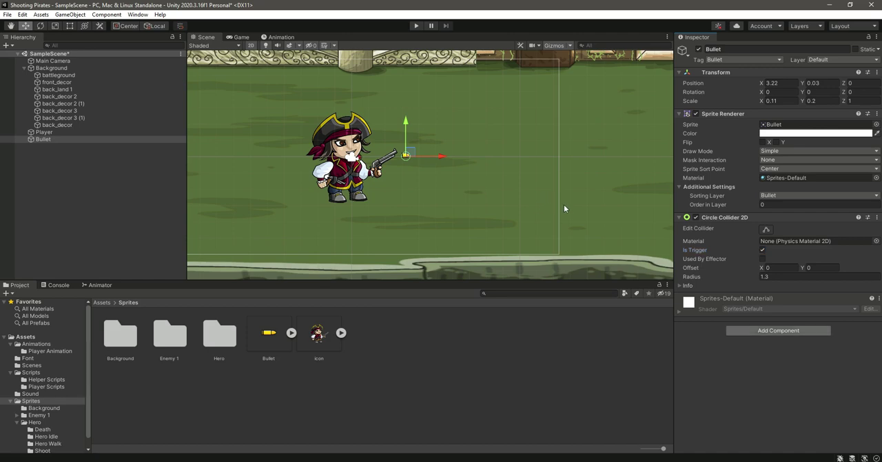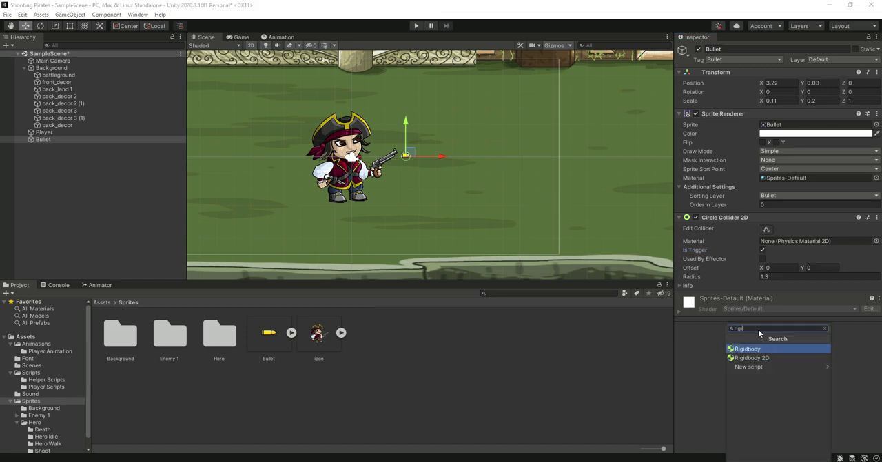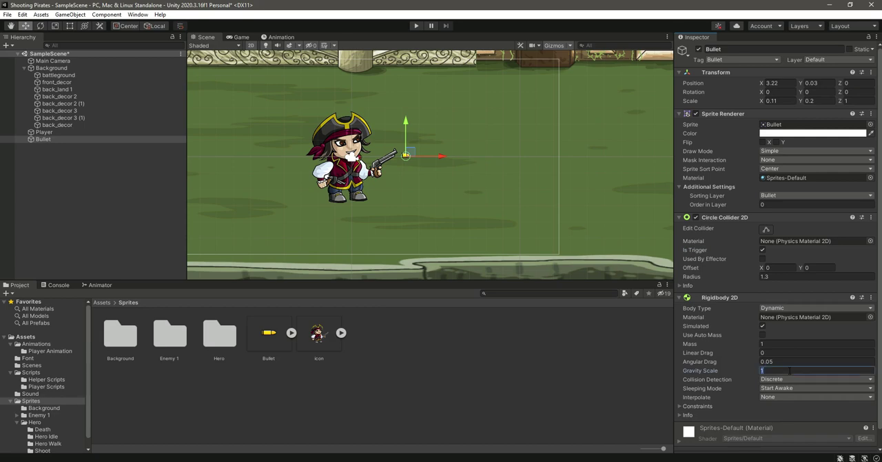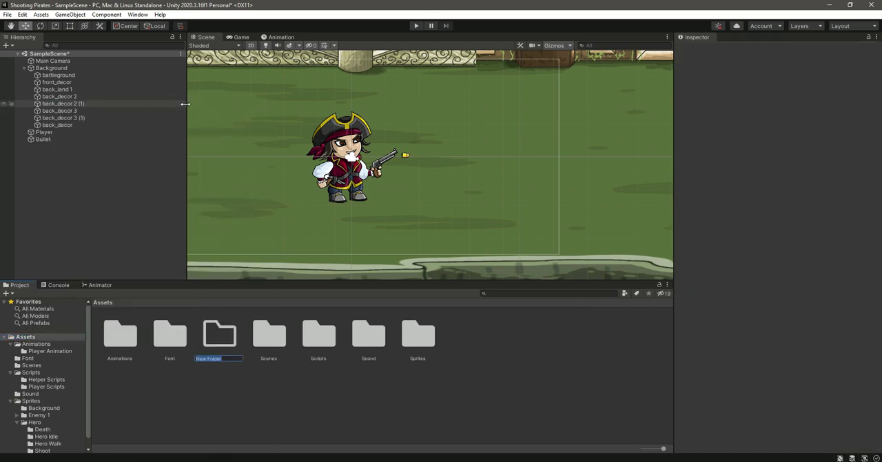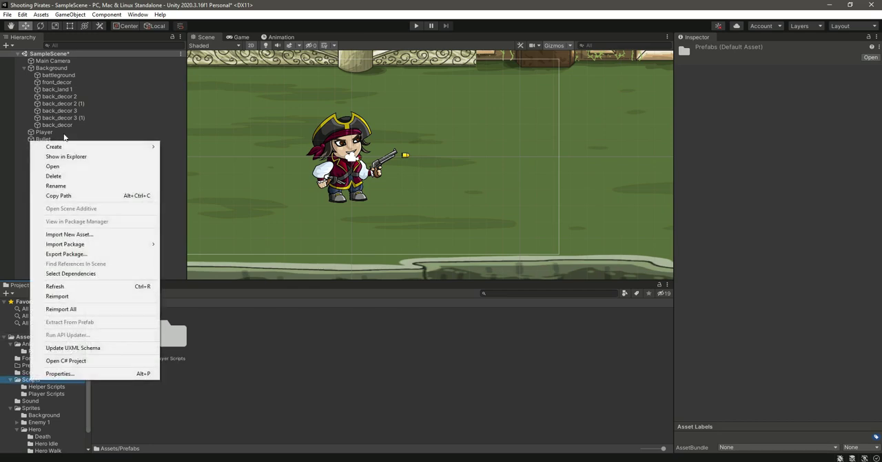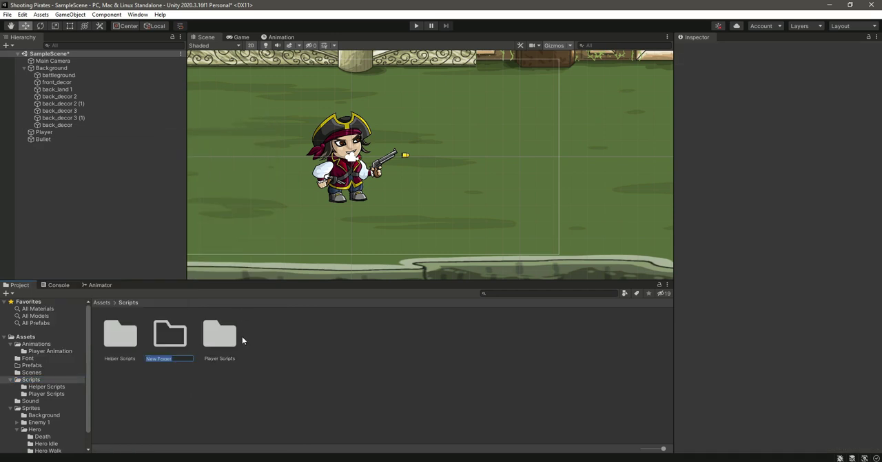die. Also let's attach the Rigidbody 2D and set the gravity scale to 0, because we don't want the bullet to fall down. Now right here in the scripts folder we will add another folder by the name of prefabs, and inside this prefabs we will store all of our game elements, for example the bullet and the player and all of that. So let's create the prefabs folder, and in the scripts folder let's add another folder by the name of